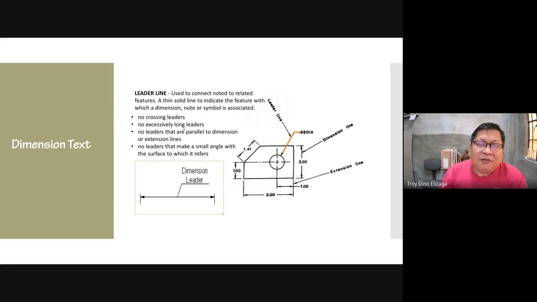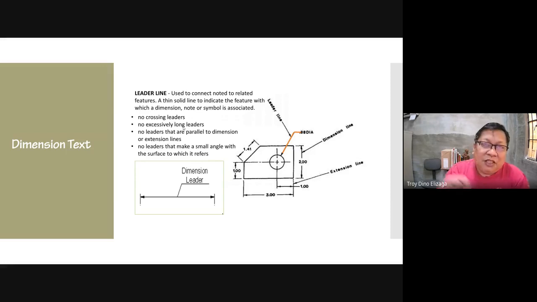Okay. In the past, when things were done manually, to distinguish a leader from all the other lines, the architect would use a curved leader. There are those who manage to get away with it, making it look very attractive.